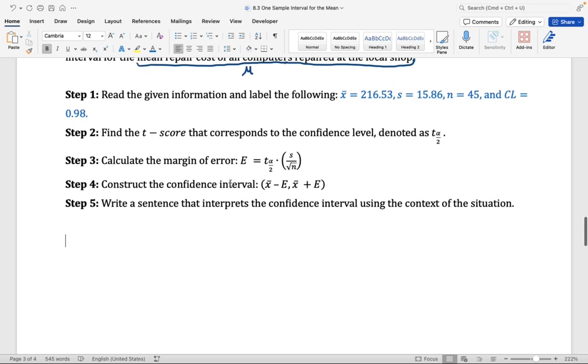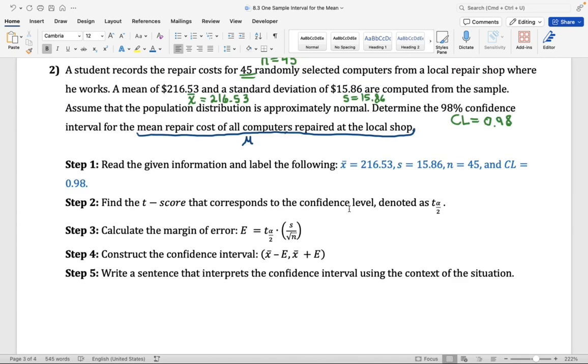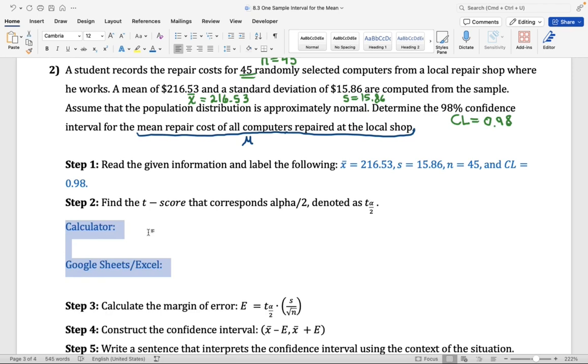The second step is to find the t-score corresponding to the confidence level. This is denoted as t corresponding to alpha divided by 2. On step 2, we're going to find the t-score corresponding to alpha divided by 2. So here I should really be writing corresponding to alpha over 2, which is denoted as t alpha over 2. We can go ahead and do this with a calculator, Google Sheets, or Excel. If you're using a calculator, you're using invT. If you're using Google Sheets or Excel, you're using